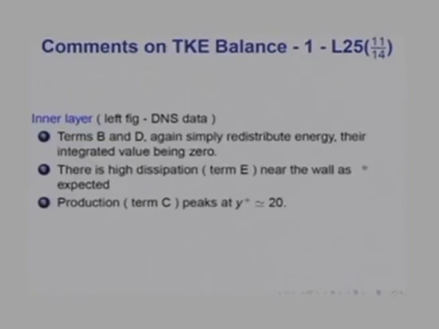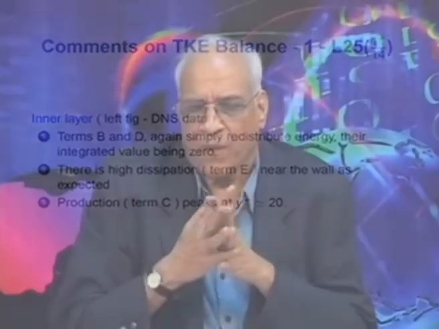So, our comments then are, terms B and D again simply redistribute energy, their integrated value being 0. There is a high dissipation term E near the wall as expected, and the production term C peaks at around y plus of 20. So, now